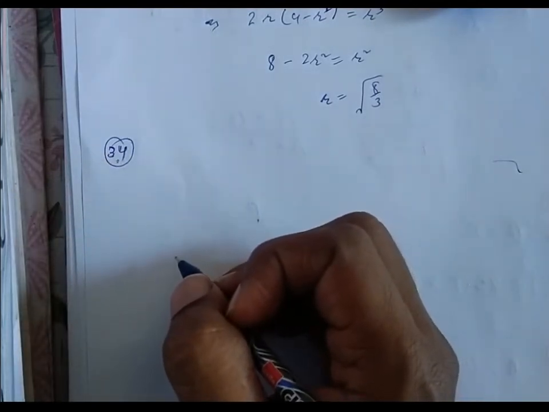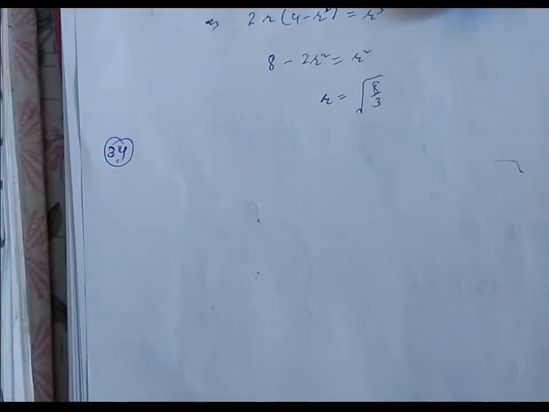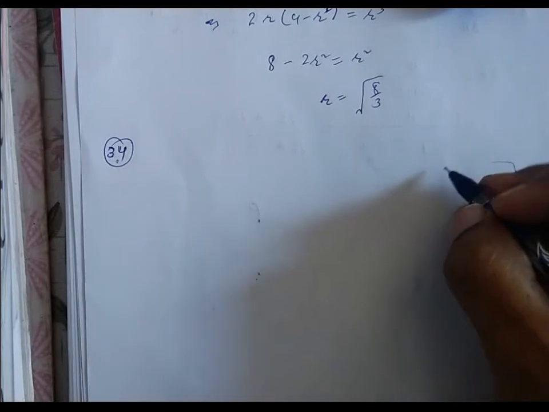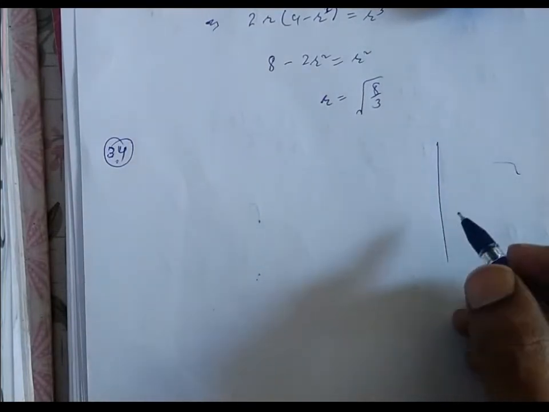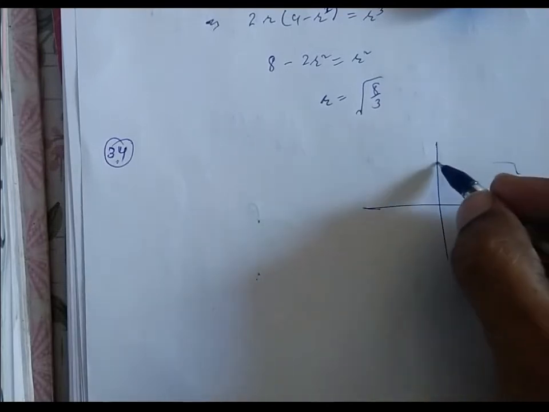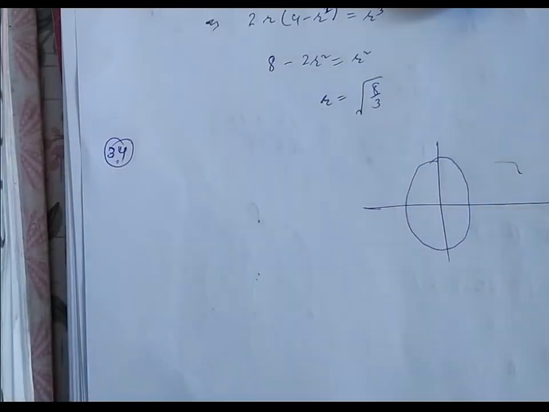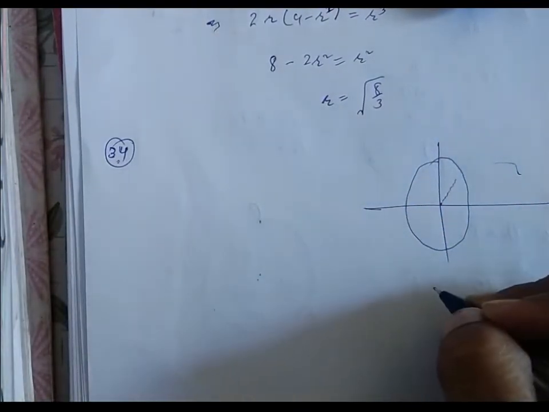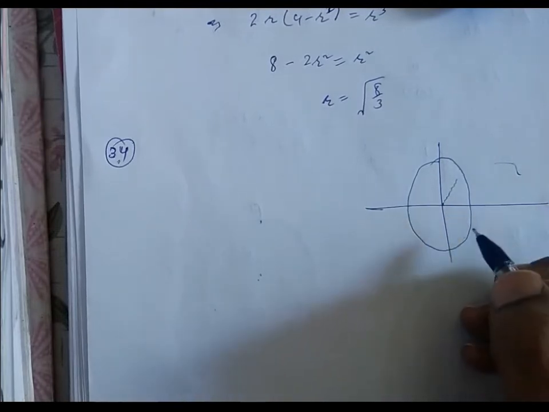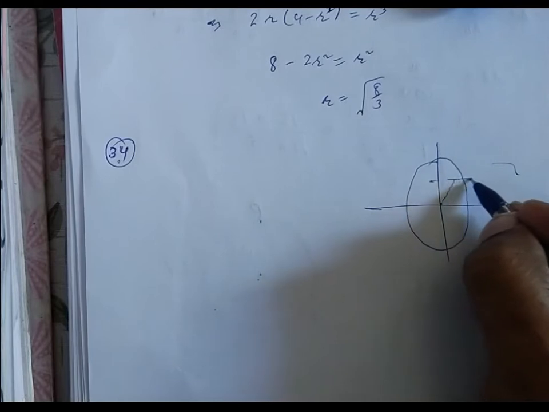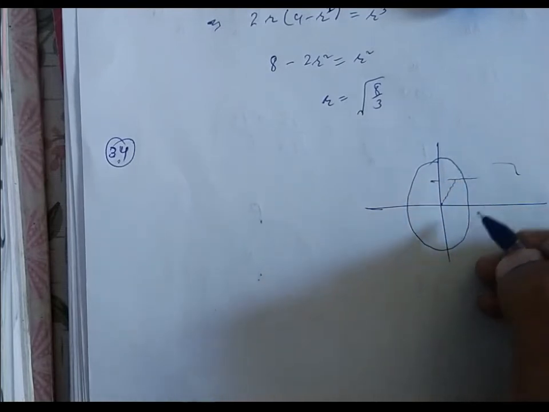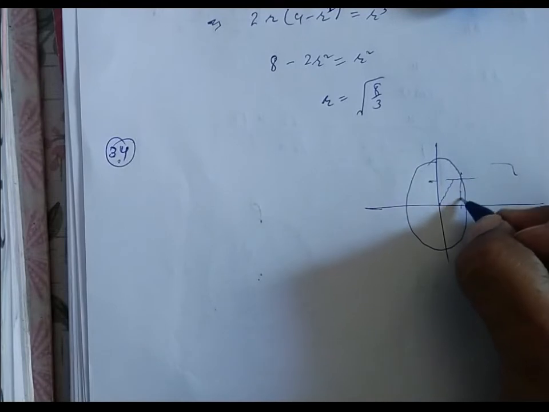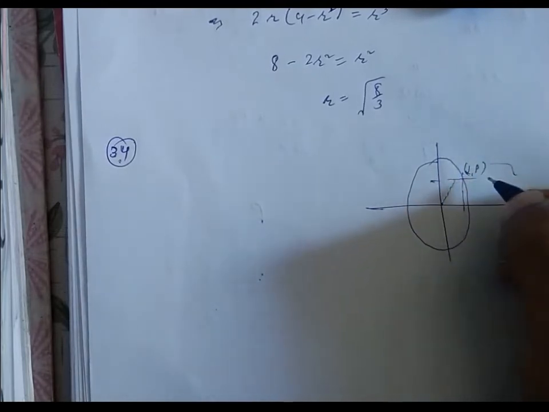Find the point (alpha, beta) on the ellipse, in the first quadrant, so that the area of the trapezium enclosed by the lines is maximum. So this is the ellipse. This is the line y is equal to x. This is the x-axis. This is y is equal to beta, and this should be x is equal to alpha, since (alpha, beta) lies on the ellipse.